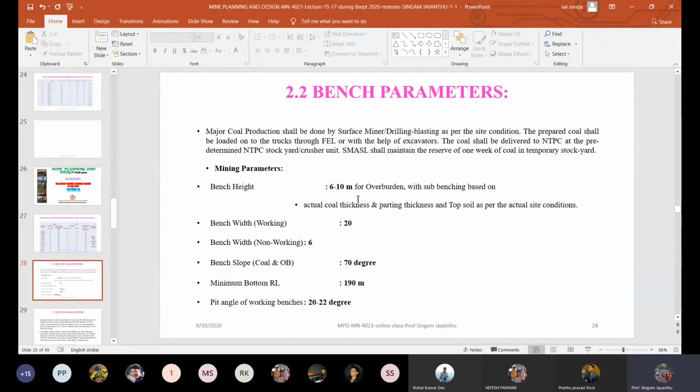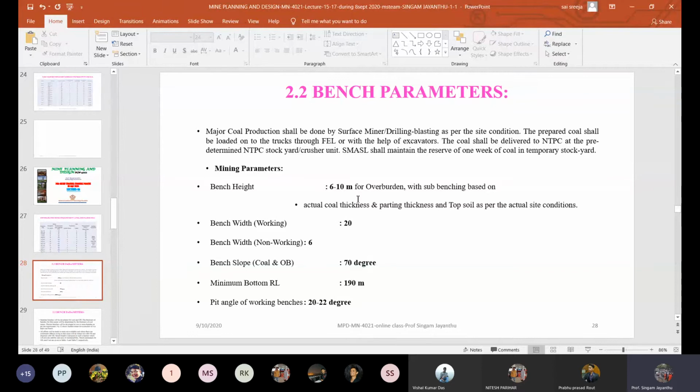Otherwise, if it is 1 meter or very less, then it can be a part of some overburden bench, and then you will be doing some type of selective mining. During these classes I would like to explain, but I wish that you note down these points. You may get typical situations where you are supposed to mine a coal seam of maybe 1 meter thickness. For that, you may not have a 1 meter bench height, but it can be part of your 10 meter overburden bench, with 1 meter on the top, and that will be taken as selective mining by your surface miner or some hydraulic excavator, as you have seen. Whichever equipment is more suitable, you will select it.